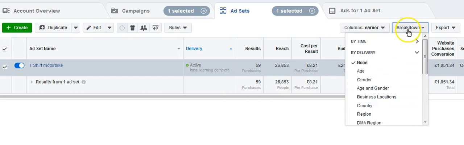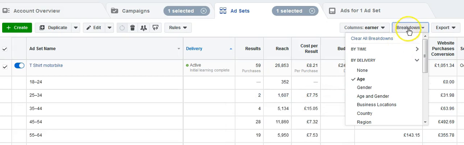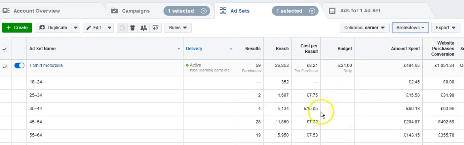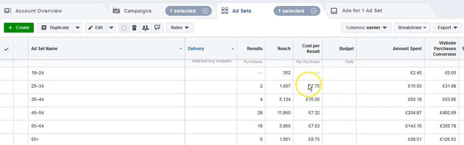So what we're going to do is click the breakdown button and find out what sort of people are buying these t-shirts. First of all, let's check the average age and the rate per result. 35 to 44 is obviously a bad range. So we've got a couple of sales from the age 25 to 34, 28 from 45 to 54, and 55 to 64. So for me, I would split this campaign into 3 different ad sets for age groups